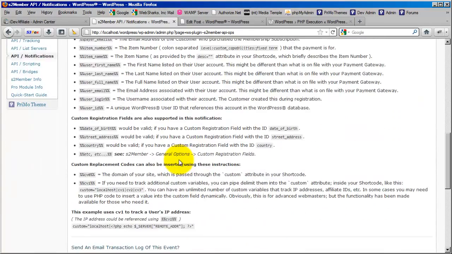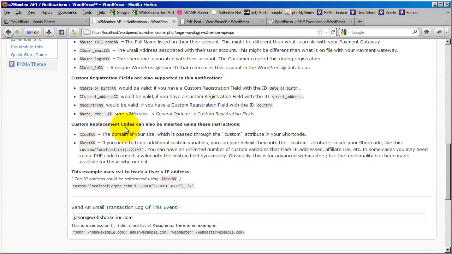And right down here you will see where it talks about custom replacement codes and how they can be inserted using these instructions, where your custom attribute would contain your domain name, which is localhost in this example, since I'm on the localhost installation, followed by custom values that get piped in and can be referenced using CV1, 2, and 3. So right down here you see again that example where I have the domain localhost with the pipe symbol, and then in this example it shows how to echo out the IP address of the customer. And then most importantly, it is showing me that I can then reference that using the CV1